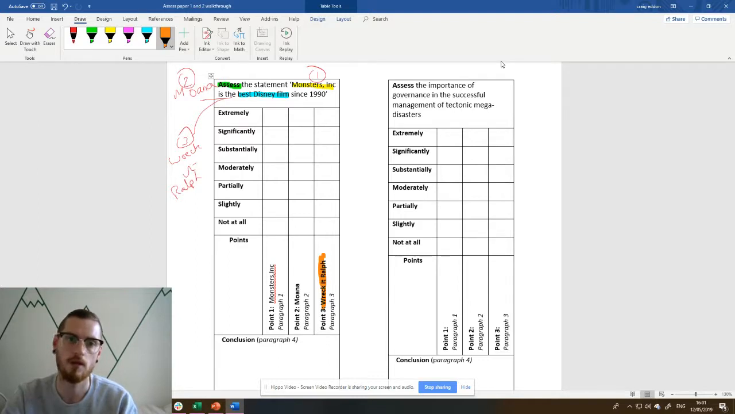I'm going to go with partially. Look, so I've got a scale here. I could say I don't agree at all, slightly, partially, moderately, substantially, significantly, extremely. So in the end of my paragraph, I'm saying I think partially. I'm going to go for partially. I think that Wreck-It Ralph is partially the best Disney film,